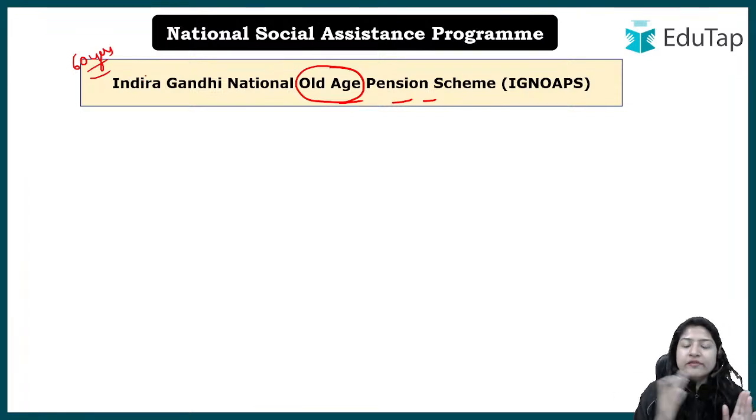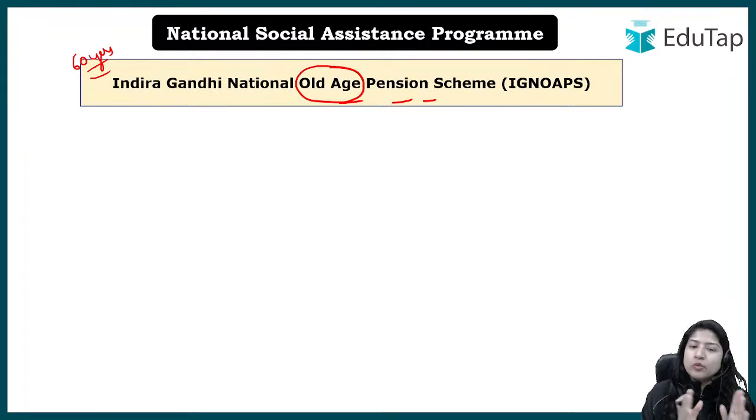So this is one way by which you can memorize the age criteria for this particular scheme. And if we talk about whether it is for male or female, when we say old age, it is for all, irrespective of their gender. So what will be done for people 60 years and above? Some financial assistance in the name of pension will be provided. Now how much pension will be provided also depends on what age you are.